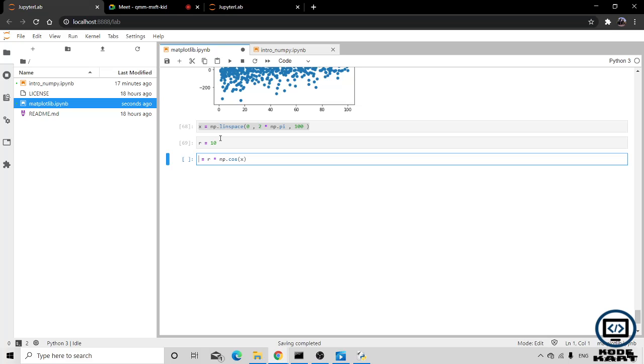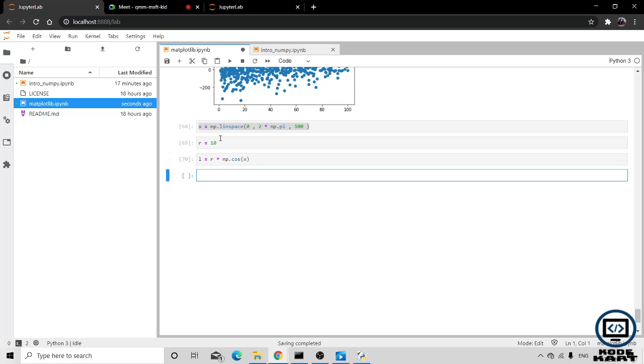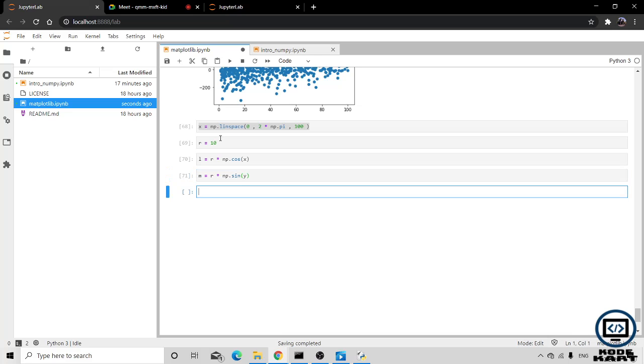This is my l, and my m equals r cross np.sin y. If I generate the values now, plt.plot l comma m.